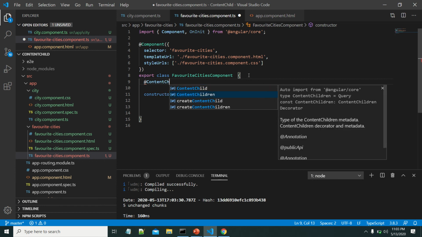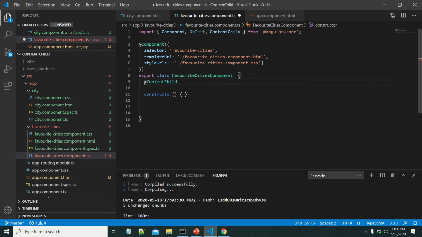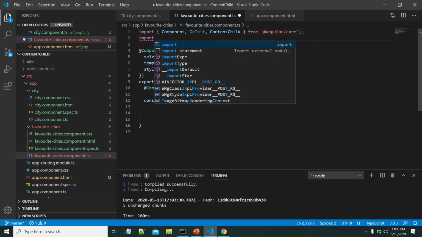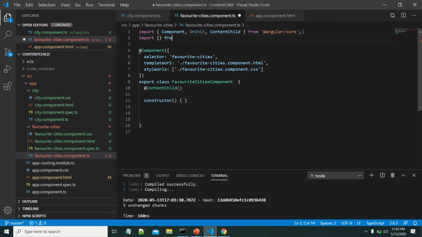Here first we need to use the content child class name. So let me import first. It is there in city folder. That is city component. So we need to take this type.